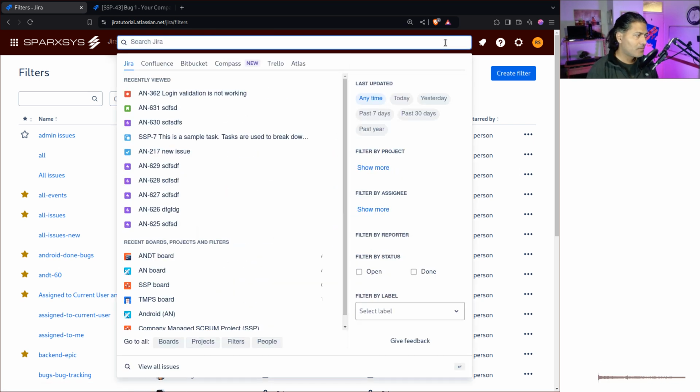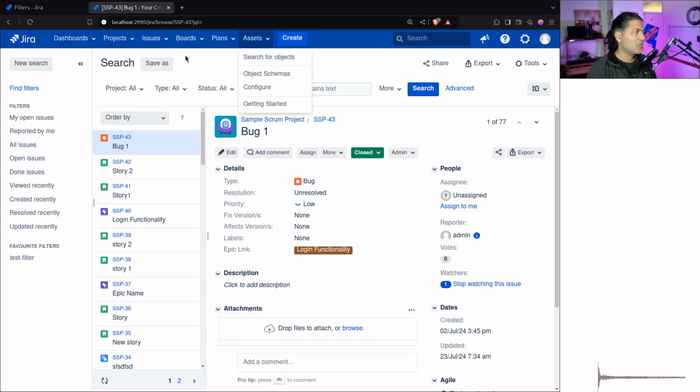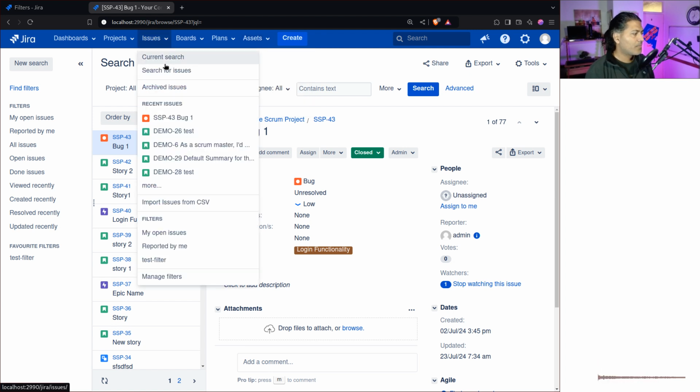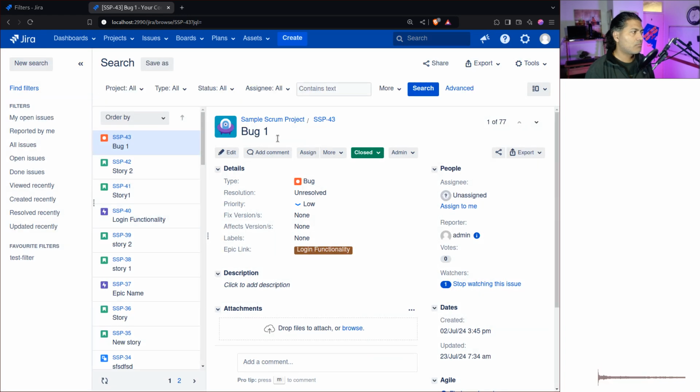Of course, you can perform a search here, right? But what if I don't really want to perform a search here? I just want to go to the issue navigator, right? Give me a link to go to the issue navigator. And this issue navigator, for example, search, this is basically the place which I like, where I think most people actually start. Any experienced Jira user, you tell them, okay, can you please send me those issues where you assigned a ticket to